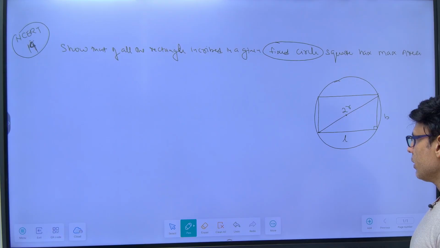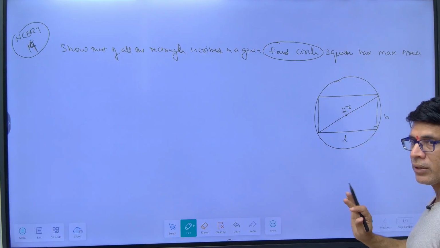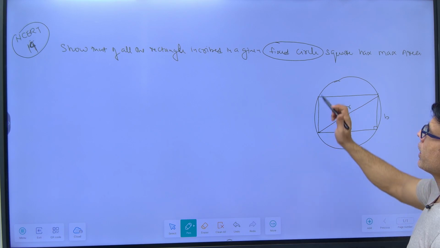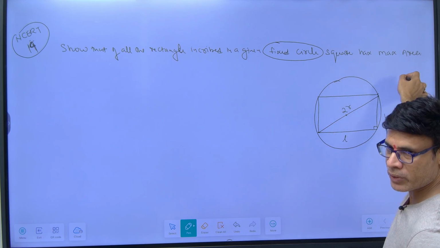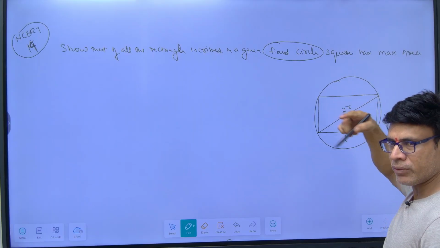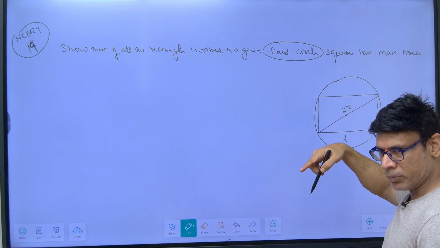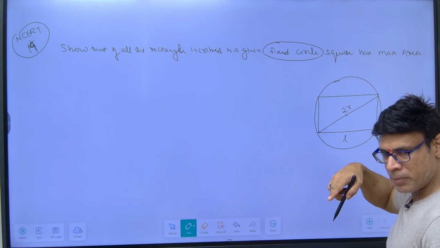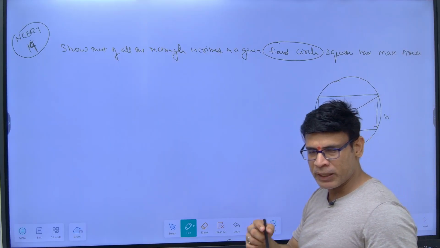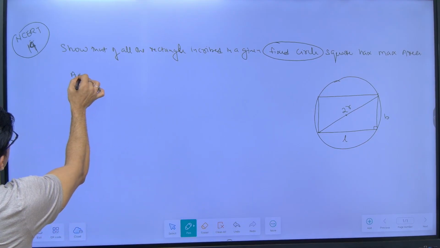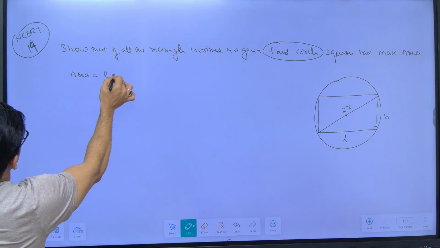Two are variables, length and breadth. 2r is a constant. Whenever we find the area, we have to show that L is equal to B, and that it is maximum when L is equal to B. But L and B, you are going to multiply for area. When you multiply L into B,